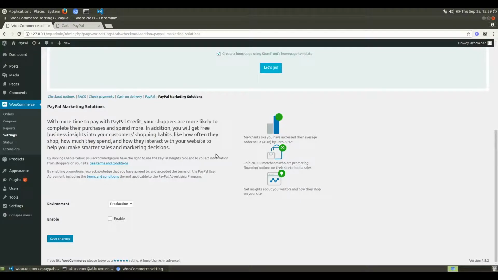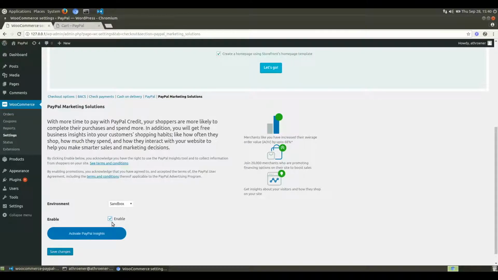But with this plugin, you'll see there's two options. One's environment and one is enable. The environment obviously chooses whether you want to go between the PayPal Sandbox or the PayPal production environment. So the first time through, if I just do Sandbox, I'm going to click Enable. And with Muse, the first time through, if you don't have a container ID,